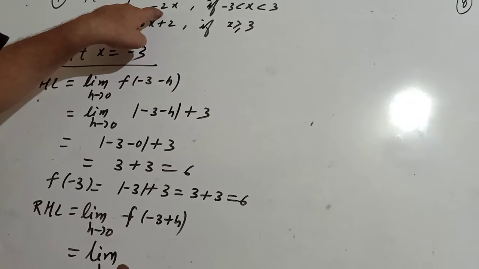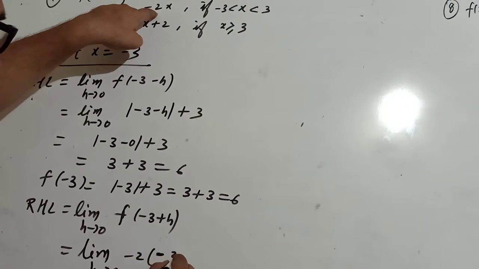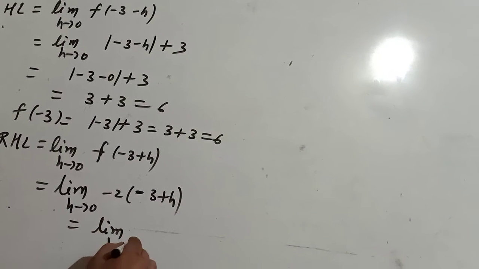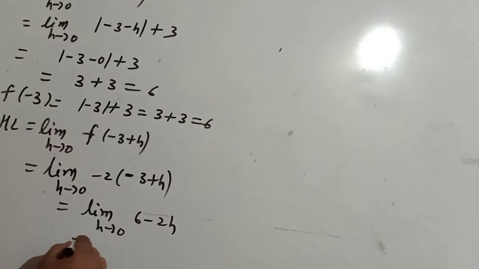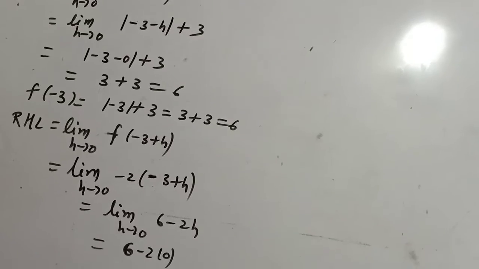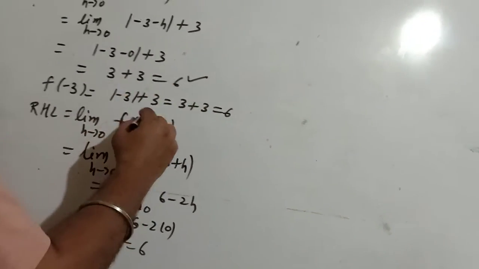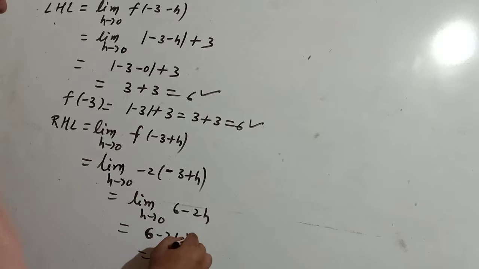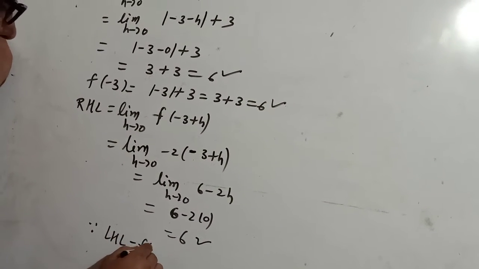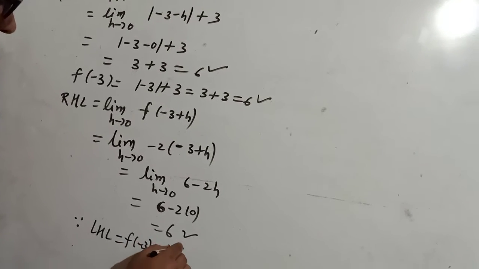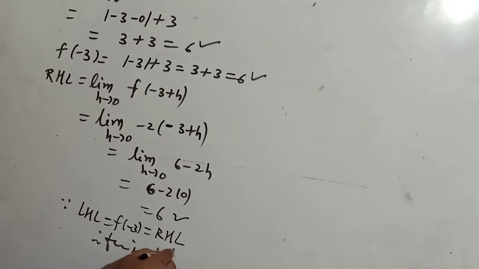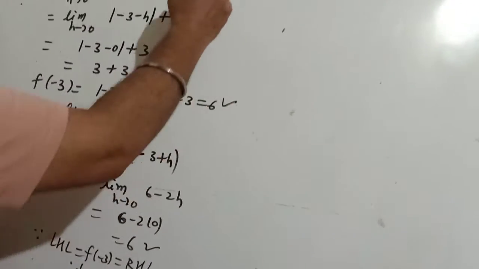Limit h tends to 0, minus 2 times minus 3 plus h. So this will become limit h tends to 0, 6 minus 2h. When you are putting value h as 0, this is 6. All three are equal. Here this is 6, and this is also 6. Since LHL equal to f of minus 3 equal to RHL, therefore function is continuous at x equal to minus 3. Now we can find